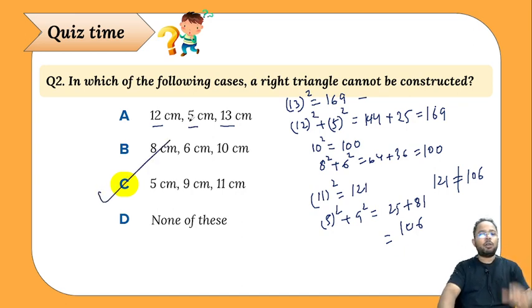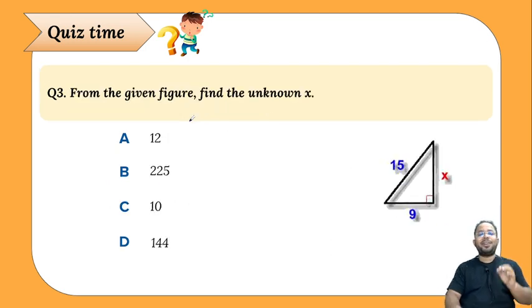Okay, चलो फिर, मजा आ रहा है? जल्दी से ढोलक लिखो भाई, तो पता तो चले कि मजा आ रहा है कि नहीं। चलो नेक्स्ट 3 नंबर क्वेश्चन पे चलते हैं। From the given figure find the unknown x. इस फिगर से बताना है कि x जो अननोन है इसकी वैल्यू कितने होने वाली है। फटाफट बताओ एकदम जल्दी से।